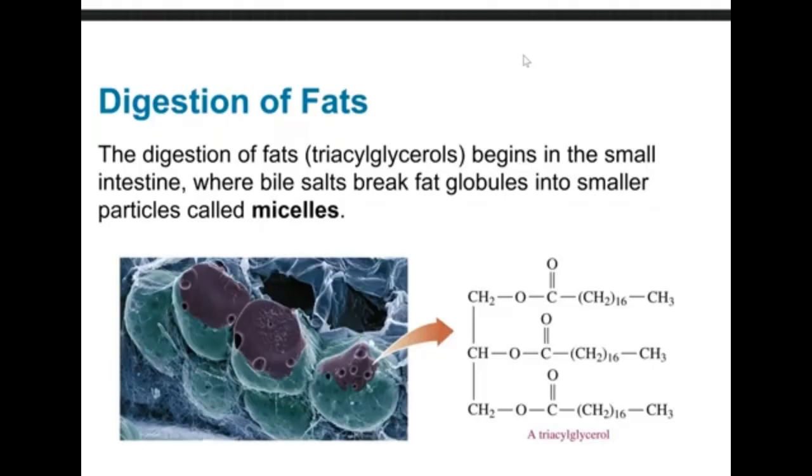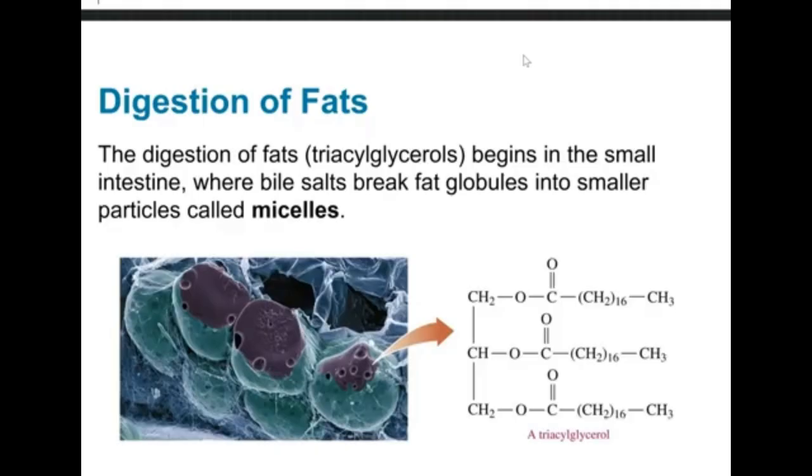So, fats. Are fats water soluble or not? They're not. Everybody agrees with me? Yeah? So, your intestinal environment is watery. It's all water. Making sense? So you somehow have to make fats, you have to